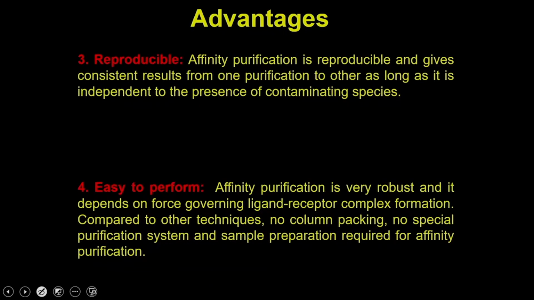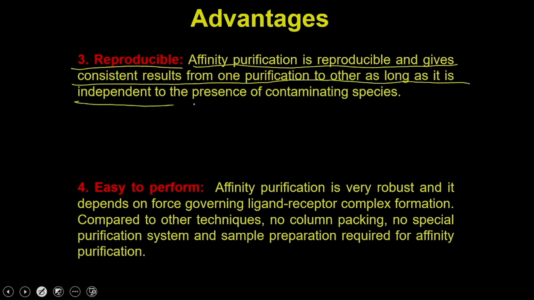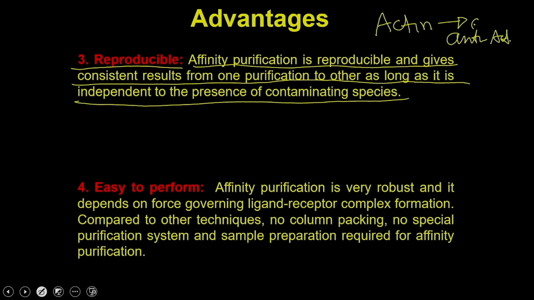The third advantage is that the affinity chromatography is very reproducible. So, affinity chromatography is reproducible and it gives consistent results from one purification to another, as long as it is independent of the presence of the contaminating species, which means, suppose I want to purify the actin and I am using anti-actin antibodies